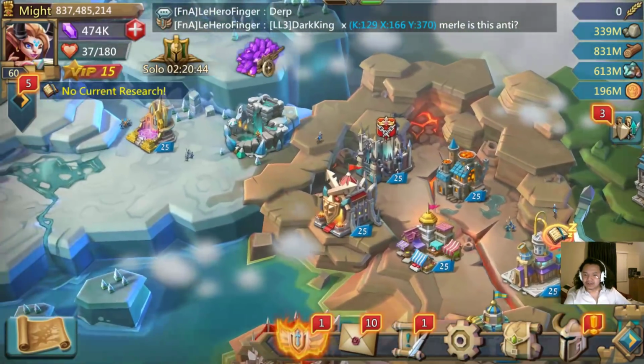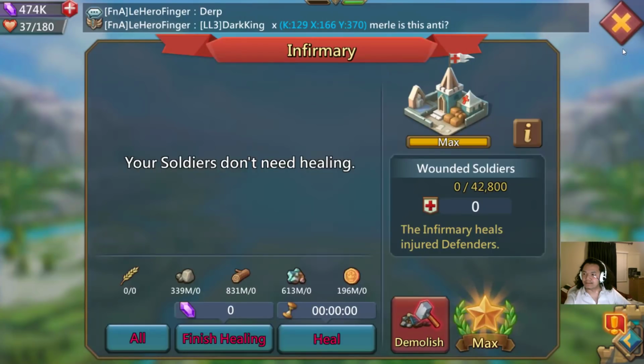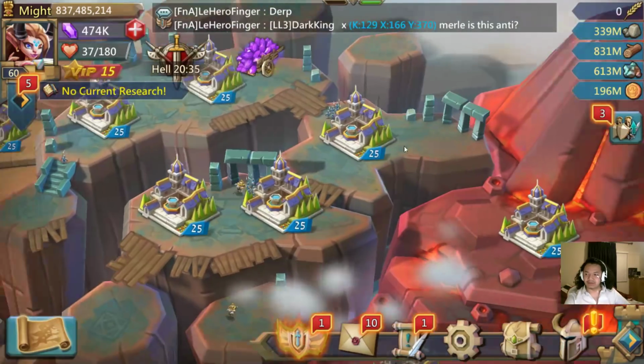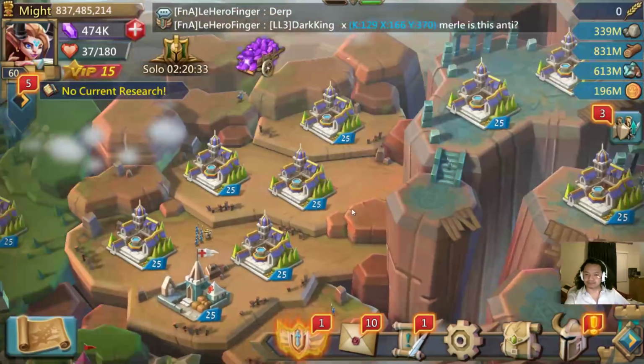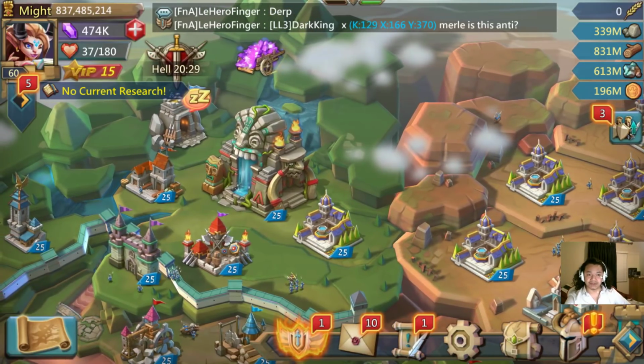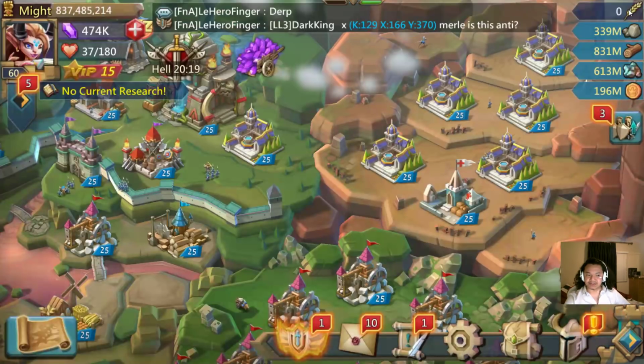As you all might notice, I only have one infirmary now, which means I am in my troop building phase. What this means is that for a couple of days I won't really be attacking anybody, because my infirmary space is a mere 42,000. But what this does let me do...